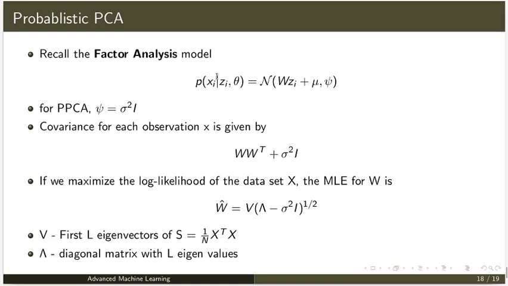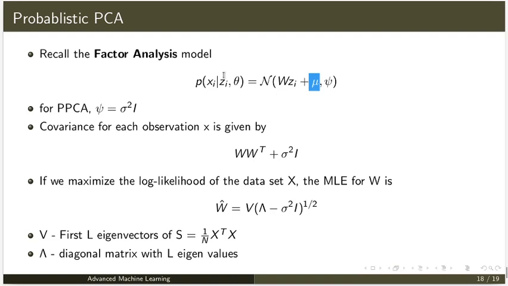In probabilistic PCA, you are getting a probability of that x_i. The probability of x_i given z_i is a normal distribution with this mean and this covariance. So instead of saying that x_i is equal to W z_i, we say that x_i comes from a normal distribution with W z_i plus mu. And this mu you can always avoid, since your data is already mean centered. So it is a normal distribution, W z_i, and a covariance matrix.